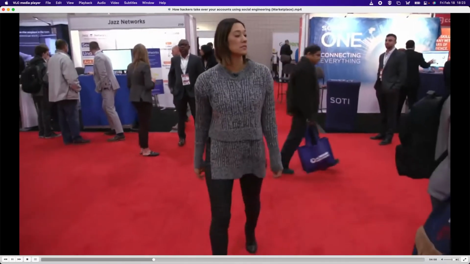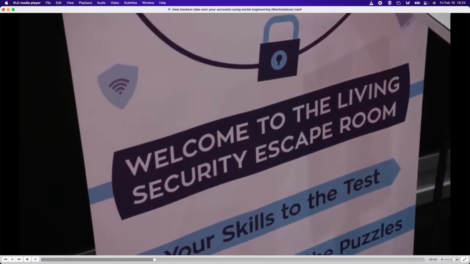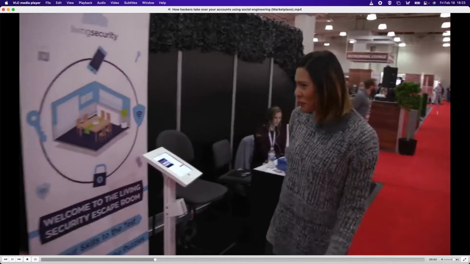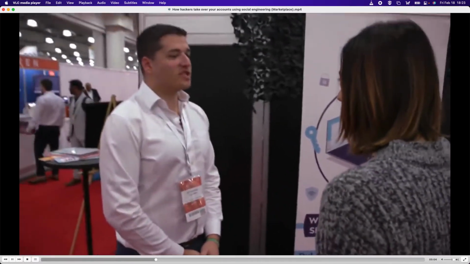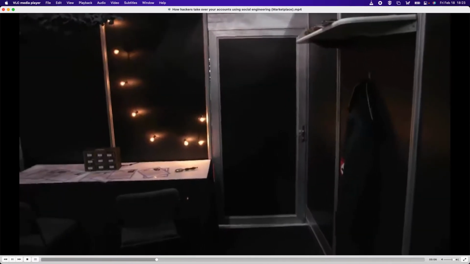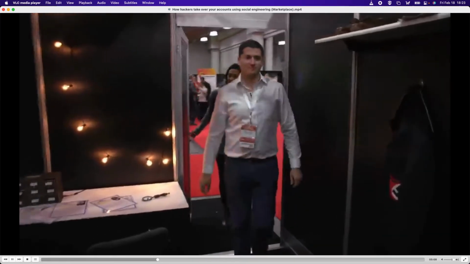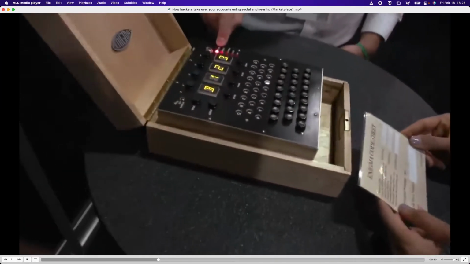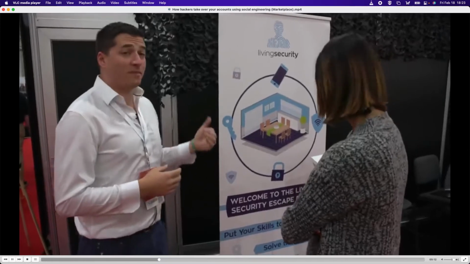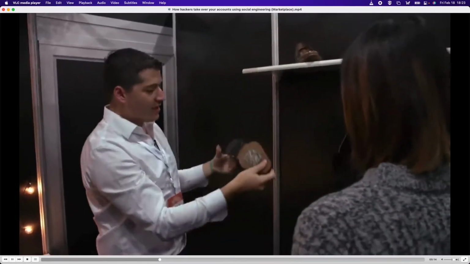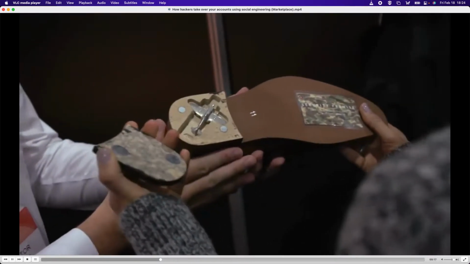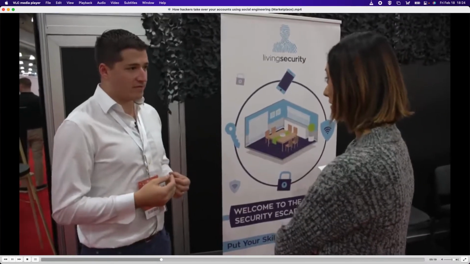There's even a security-themed escape room. Okay, an escape room? What does this have to do with social engineering? So we do immersive security awareness training. So the first code for the rotors is B124. In this room, there's a bunch of puzzles that have to do with helping people understand what social engineering is and how they can better protect themselves.